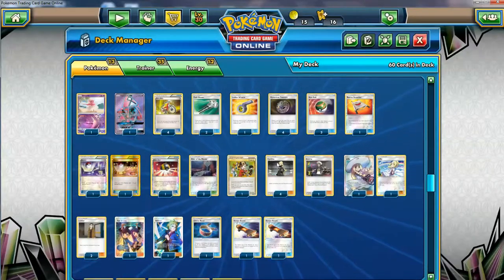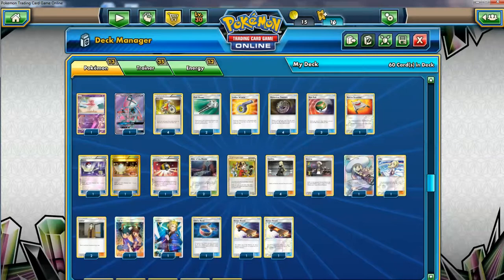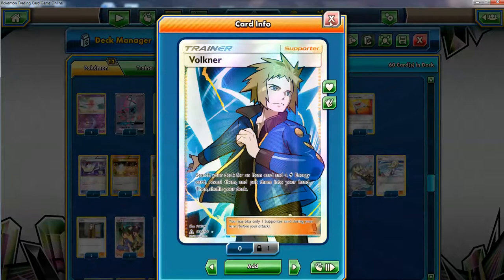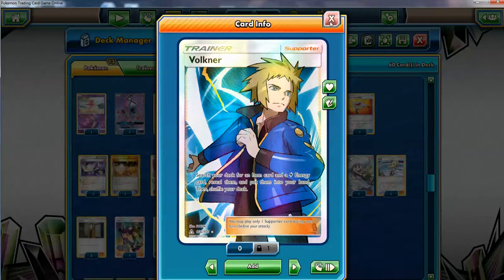We gotta have the Cynthia. This is maxed out 100%, no questions asked. Then you gotta have one of this guy, Volknor. This is my Scholar replacement. It's actually a pretty close replacement. Not as good since you can't get stadiums and supporters on that off chance we do want to do that,